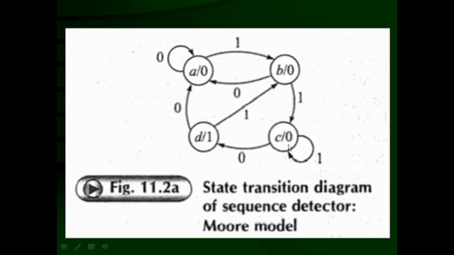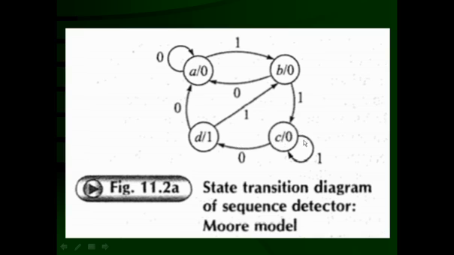So if it is in state C, now there are two possibilities. The input data x which is being received can be 0 or 1. If the input data is going to be 0, then what happens? It has already detected 1 1. Now if it receives x is equal to 0, all three bits 1 1 0 in that sequence have been received, and it will make a transition from C to D, and because all the data in sequence is detected, output y goes to the high state, and that's why here y is going to be 1. Otherwise in all other cases y is going to be 0.